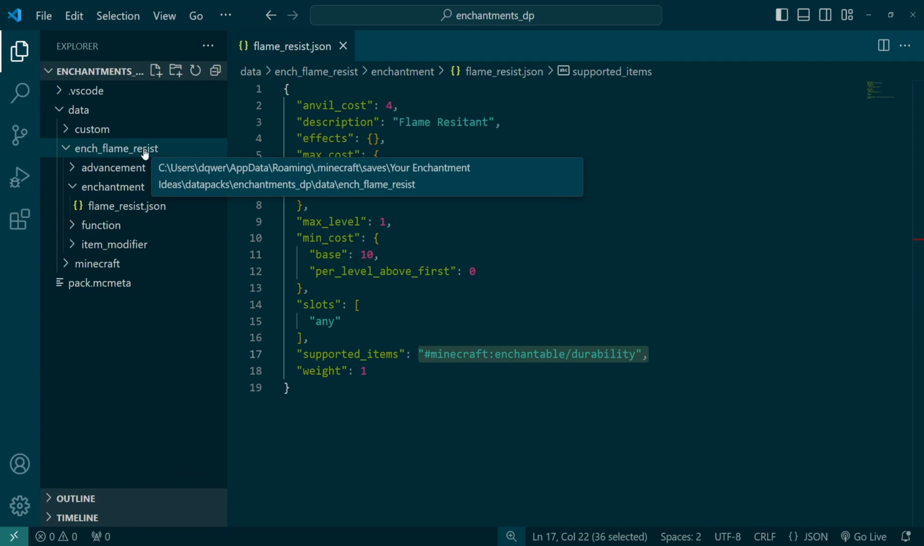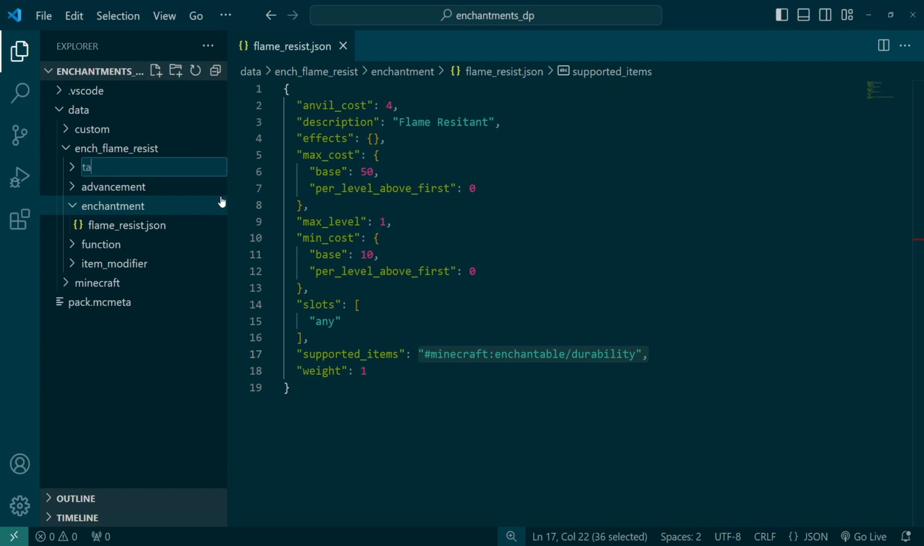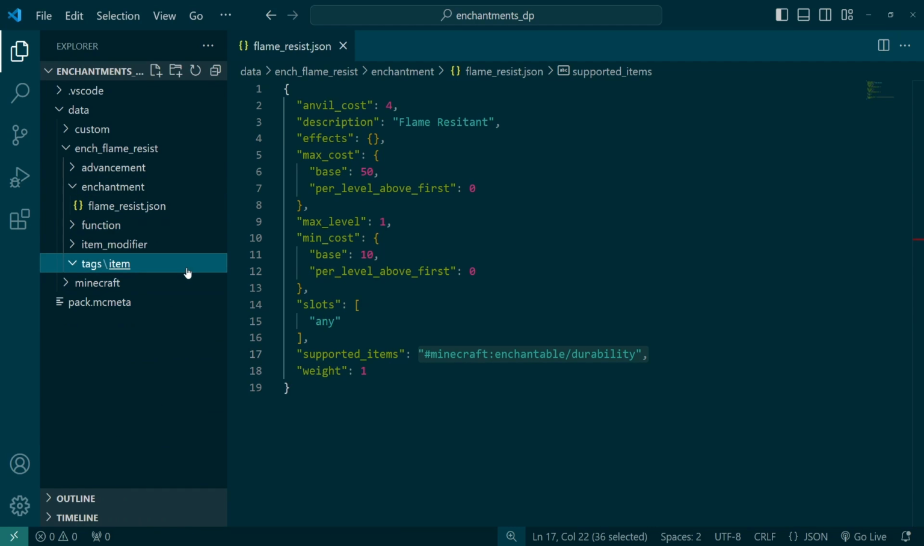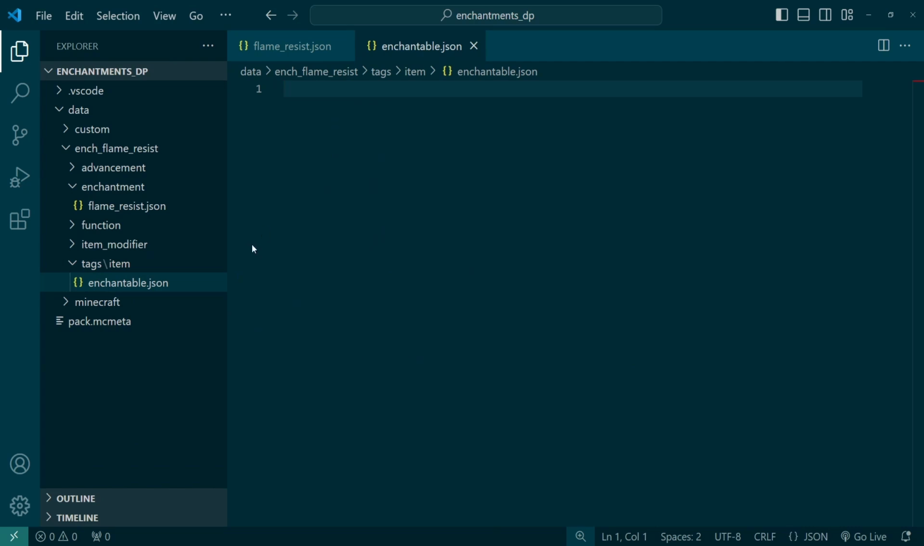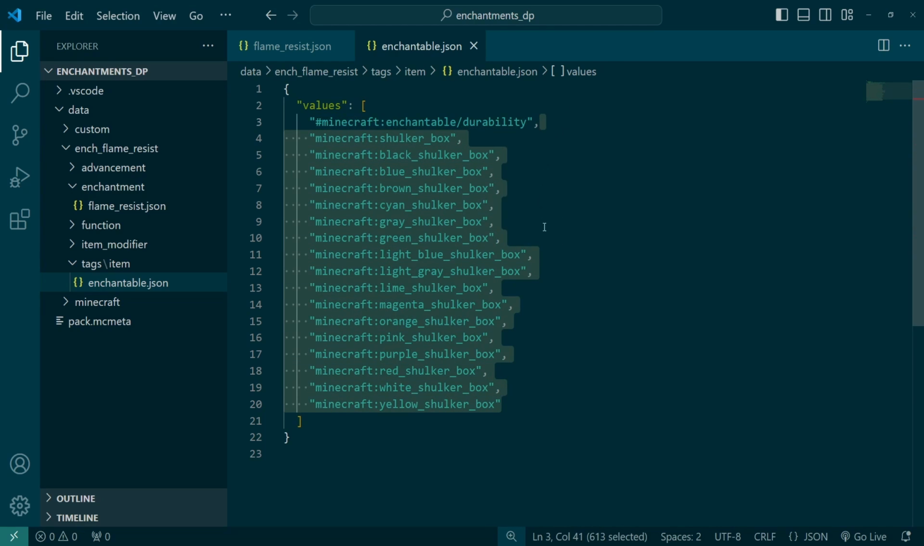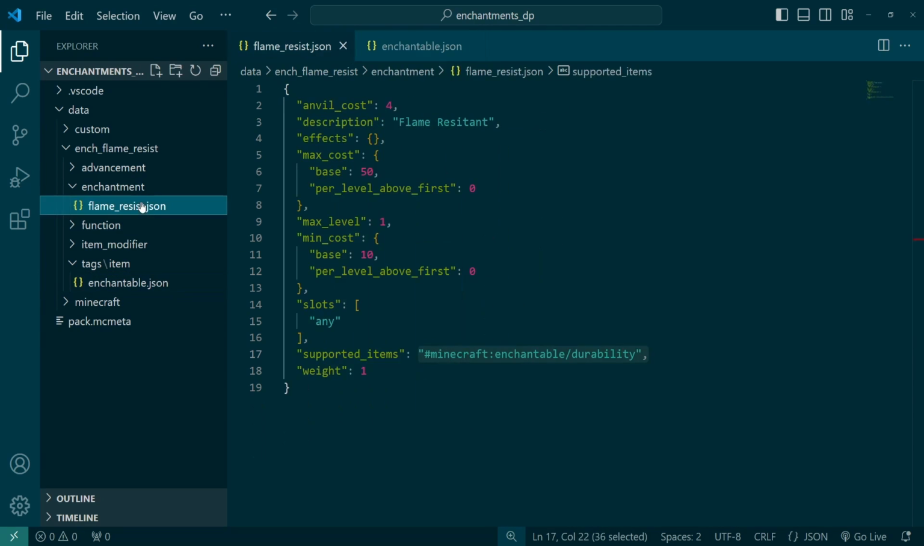So we're going to add a new folder here. Tags, item. We're going to say enchantable. I have, through the magic of editing, this list here of items we want enchanted. So we have the old tag already, and then this list of all of the shulker boxes. If we come in here and we say,